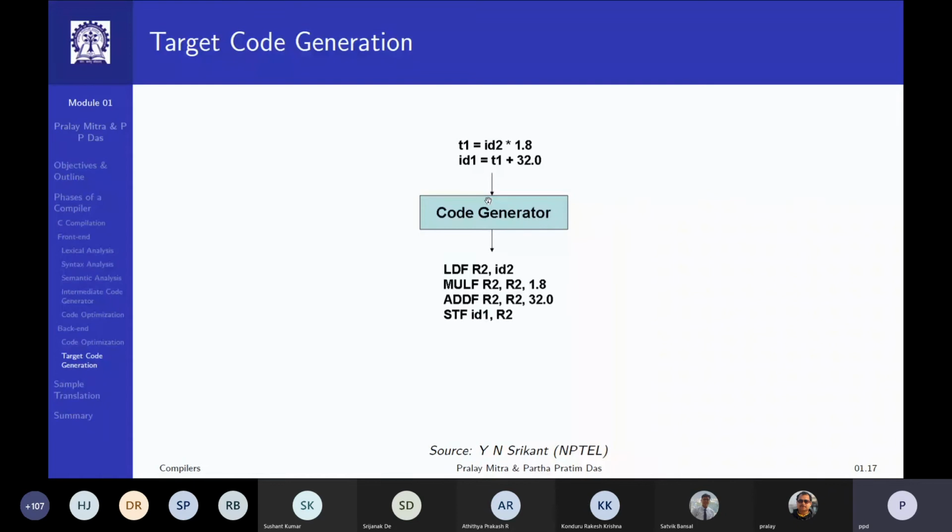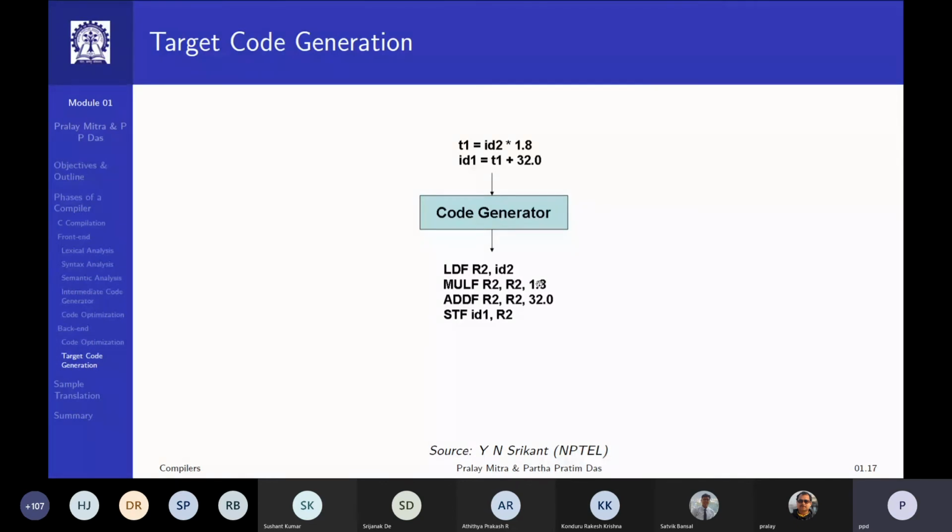Then it has to multiply that with 1.8. And I can keep the same register to keep the result. So I say multiply R2 with R2 and 1.8. So it multiplies R2 with 1.8 and keeps the result in R2.